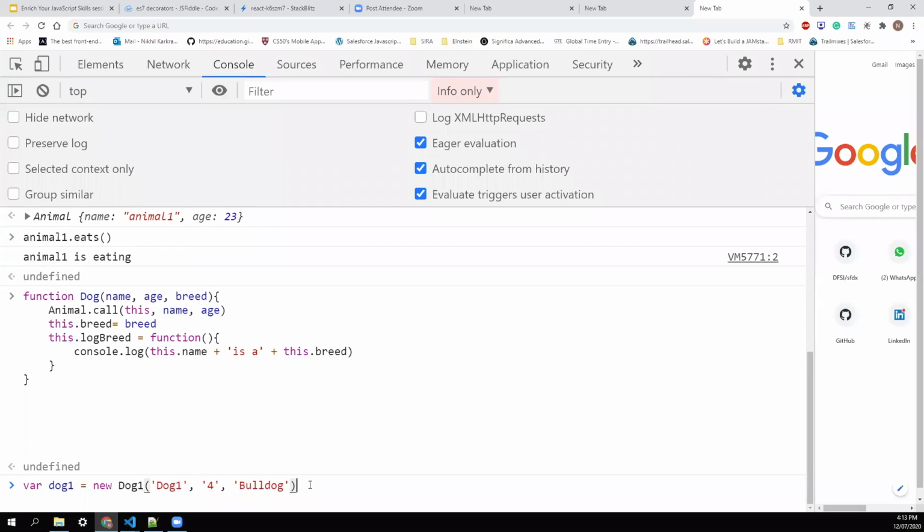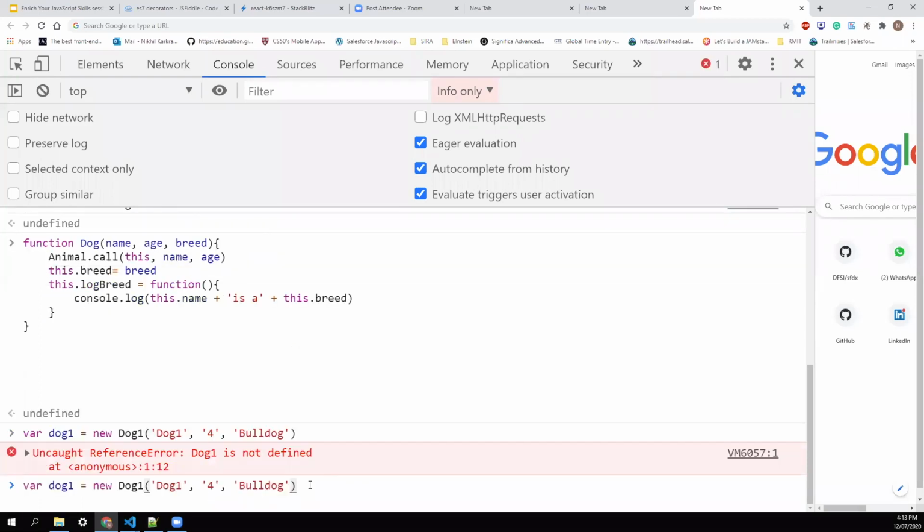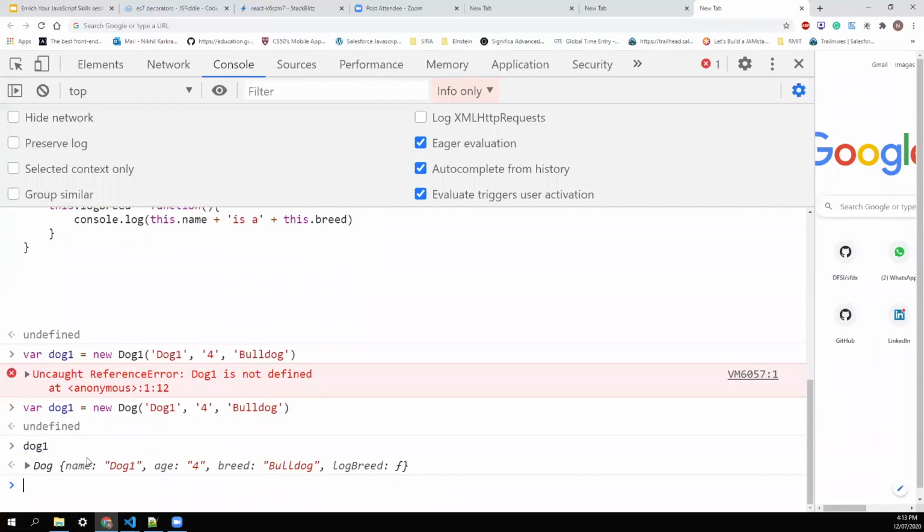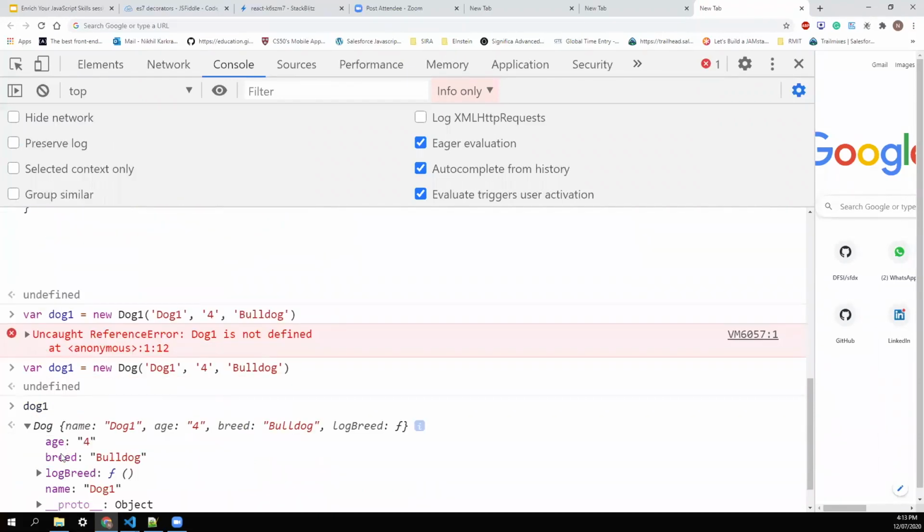And now if I hit dog1, oh sorry, the constructor name is Dog. And now if I say dog1, it created the object perfectly fine. It was able to receive or inherit the animal properties, that were age and name, and it has its own property, and the method also remains there.